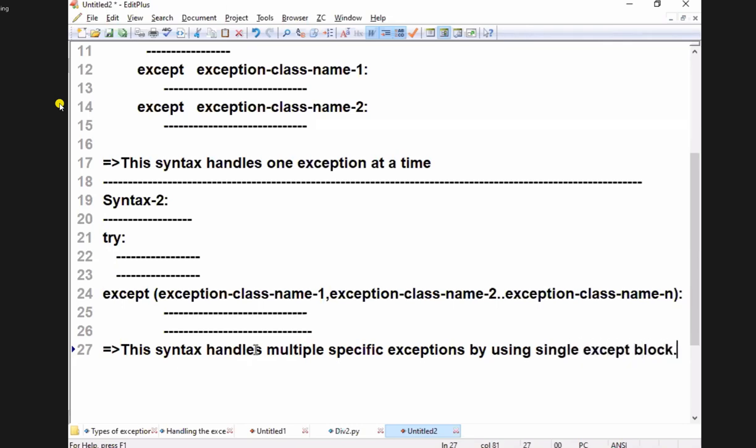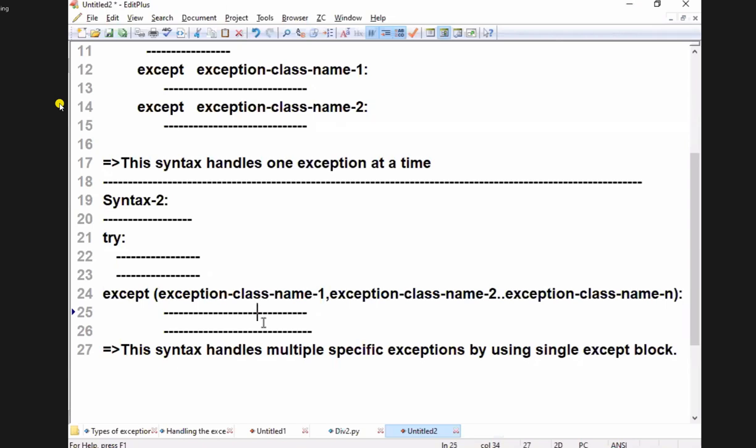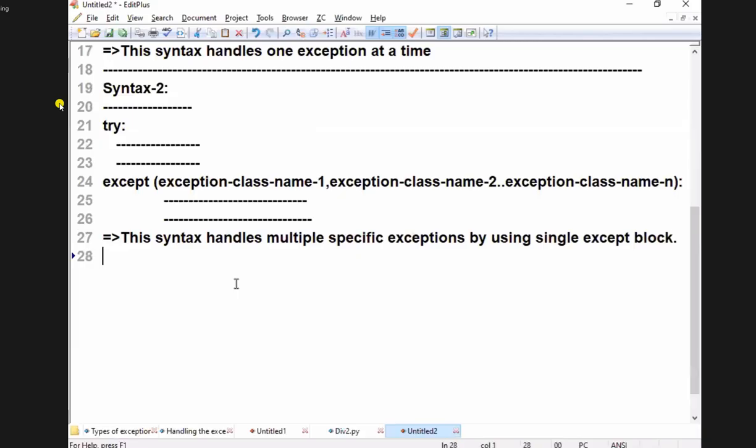That's why this is known as the multi exception handling block. Multiple exceptions are handled by a single except block. This is also one useful thing. Let me show you the example for this, the first example.